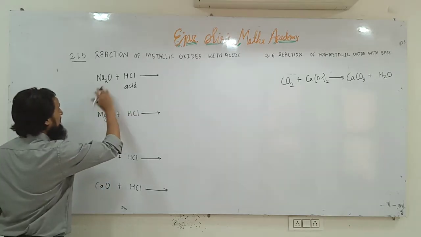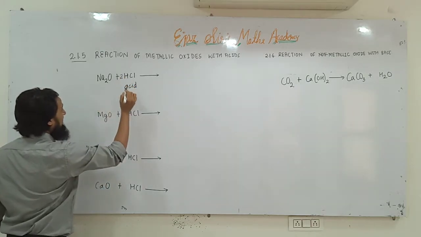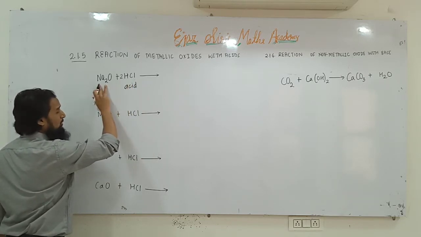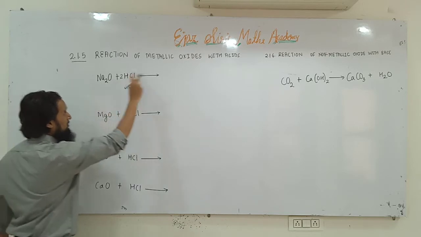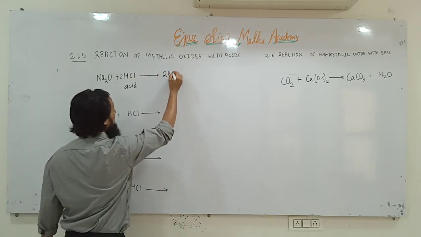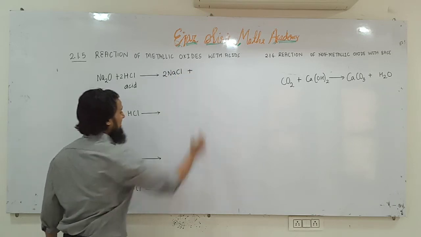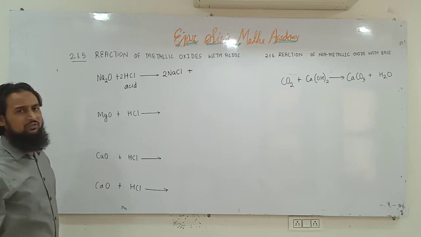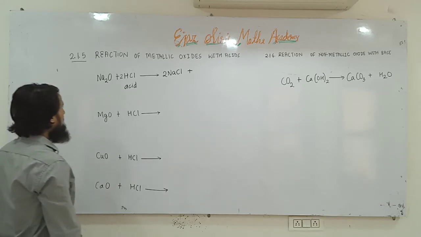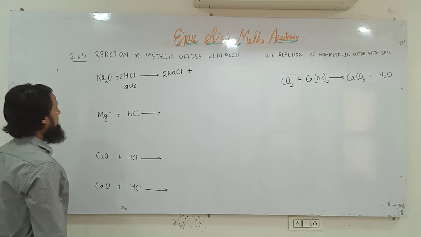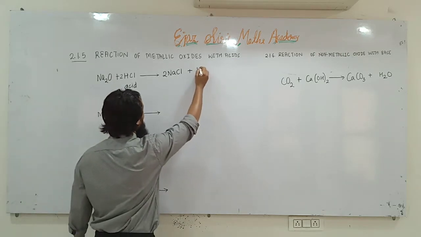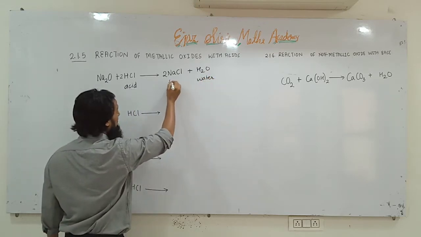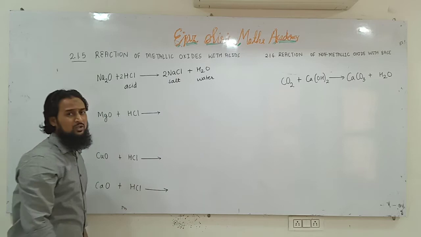So now see, we will put 2 here, and that will make 2 hydrogen and 2 chlorine. Since there are Na2, 2 atoms of sodium, we need 2 atoms of chlorine to form 2 NaCl. And since you have already studied chapter number 1, chemical reactions and equations, you know these things very well. So Na2O plus 2HCl will give 2 NaCl plus H2O. And what is this? Water. And this is a salt. Sodium chloride is a salt.